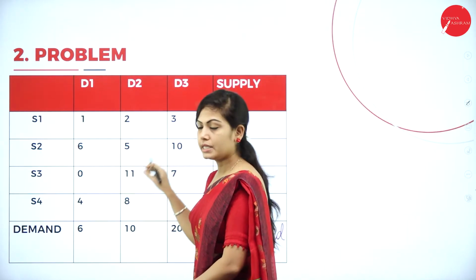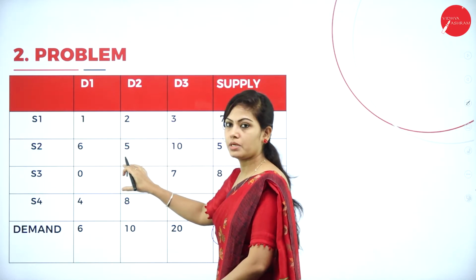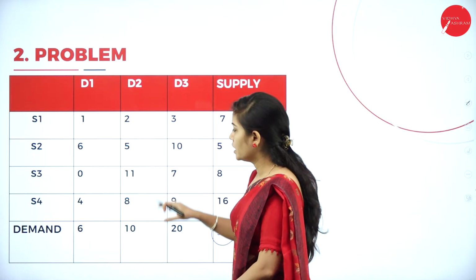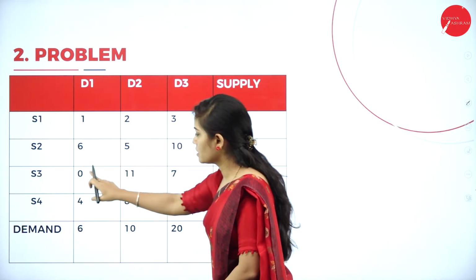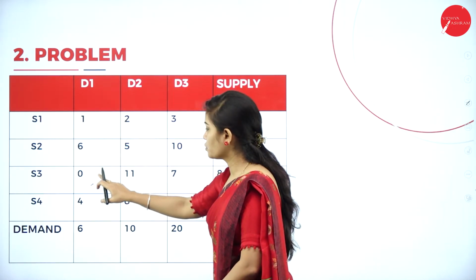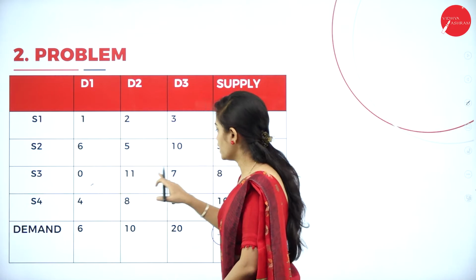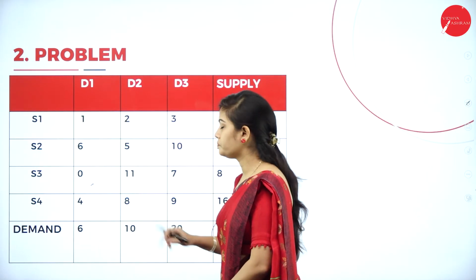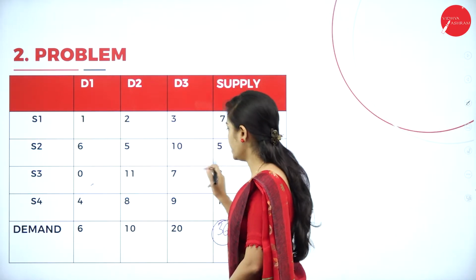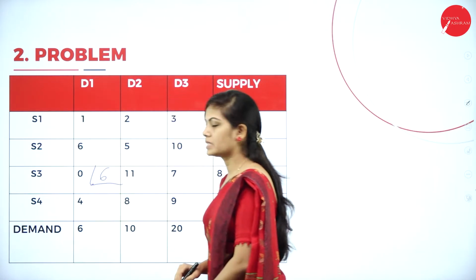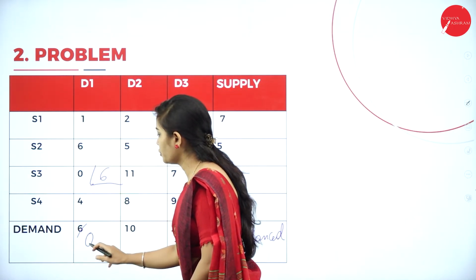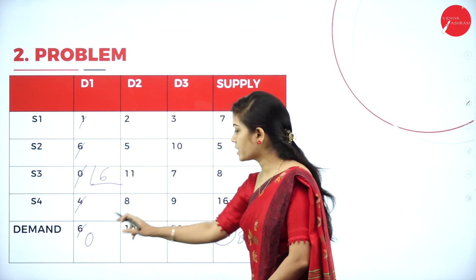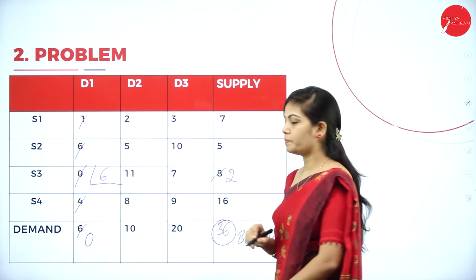Here you have to find the least value out of these variables. So if you get any two same variables, you can select any one variable. So here the least value is 0. 0 is my least value. So I will select this as my least value. Just check the supply value and demand value. 6 is my lesser value. 6 is lesser than 8. I will allocate 6 rupees to this cell. It will become 0. If it is 0, I can cancel this entire column also. And 8 minus 6 is 2 rupees.